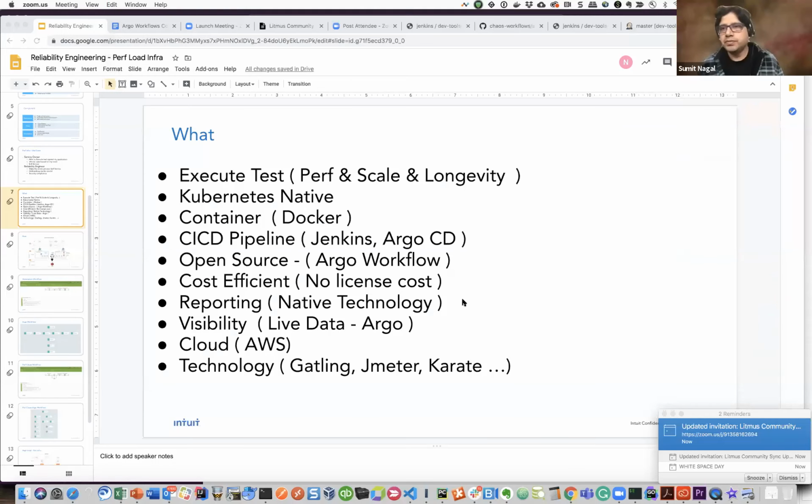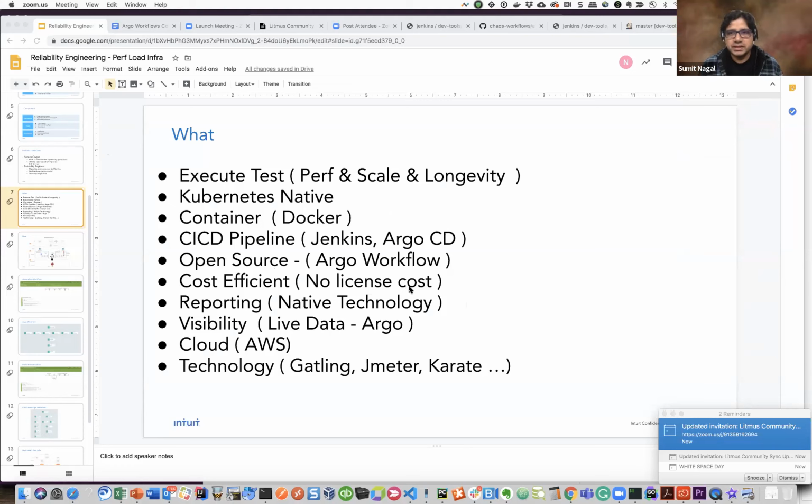Sure. Thanks a lot, Alex. Before I jump in, I just wanted to give a little bit of background. We do reliability engineering for Intuit, which provides support for our Intuit Kubernetes service. As part of that, we have built something which we thought would be worthwhile to share with the community. This specific talk briefly covers that. This is just a brush up, but we can go deep dive if the community has the interest.